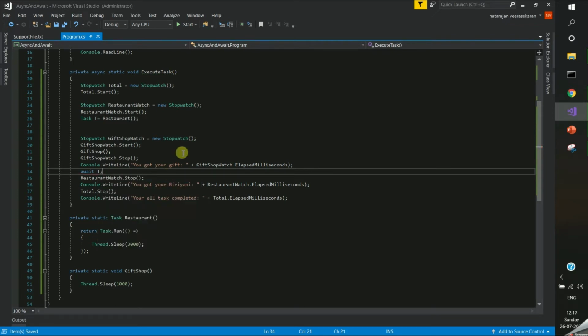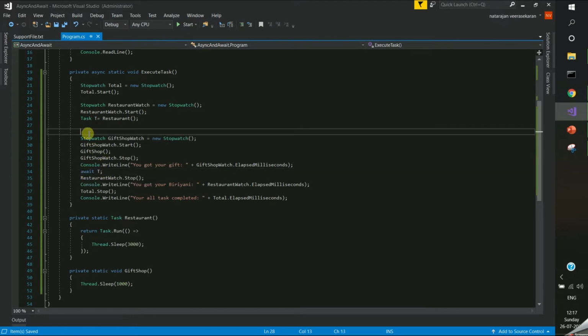Most people get confused while using await. The main purpose of await is holding the particular thread until the particular task completes. But synchronous does the same thing, so why do we need await? This is the point. The purpose of await is blocking the thread, but using asynchronous we can choose where to do the blocking. In synchronous it gets blocked right here itself, but with await we can block somewhere else, maybe at the end of the program.